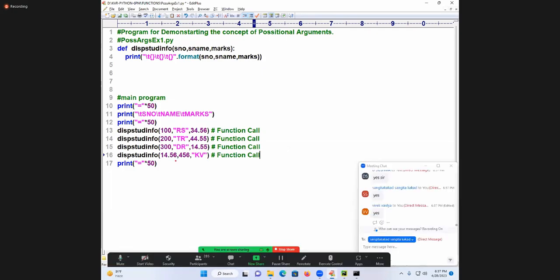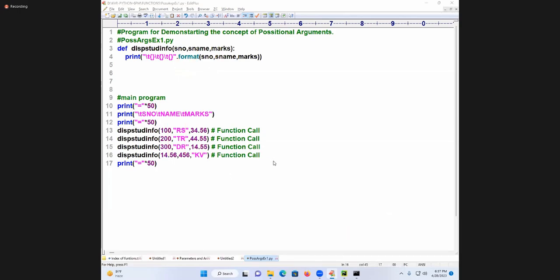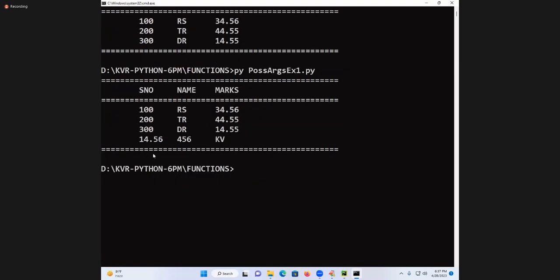As you know, students, 14.56 will go to SNO, 456 will go to SName, and KV will go to marks. It doesn't say anything wrong, but the end user will feel what? Completely a blunder, or not? What are you missing here? Meaning is lost.